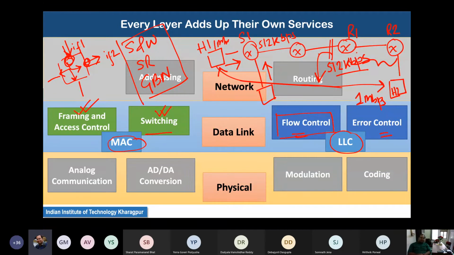But at the data link layer, Wi-Fi uses stop and wait. So at the data link layer, the stop and wait flow control is implemented. That means in the transport layer, whenever you are using TCP, you are using selective repeat, and at the data link layer, whenever you are using Wi-Fi, you are using stop and wait.